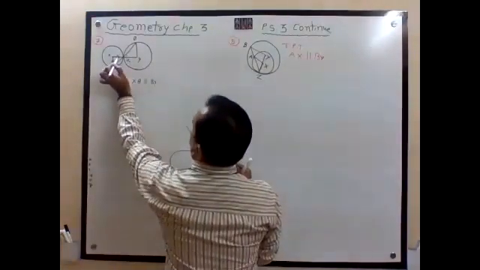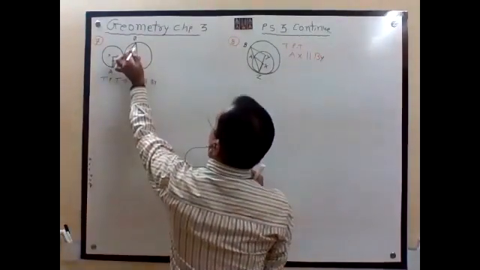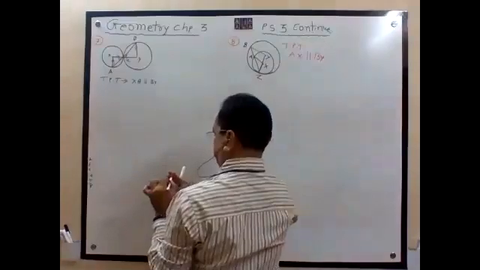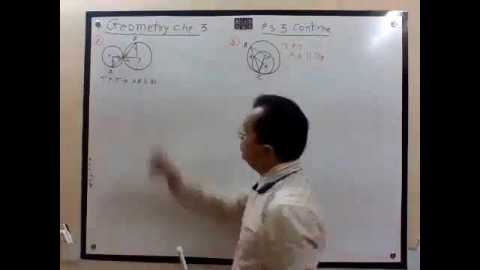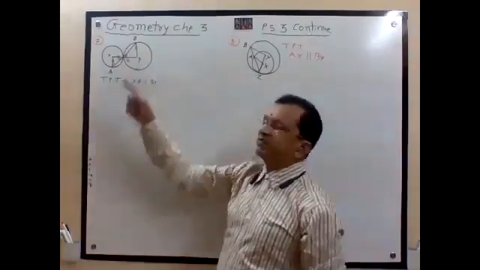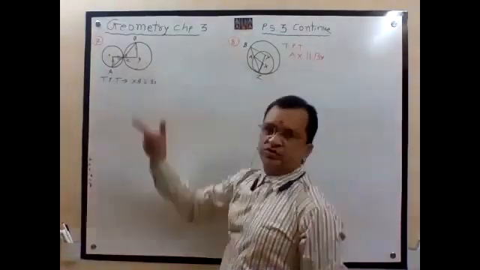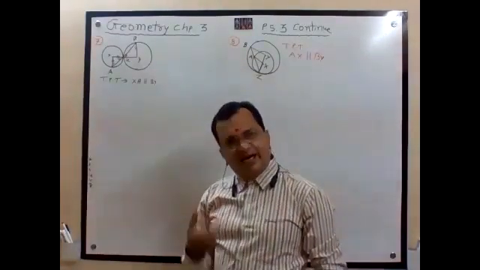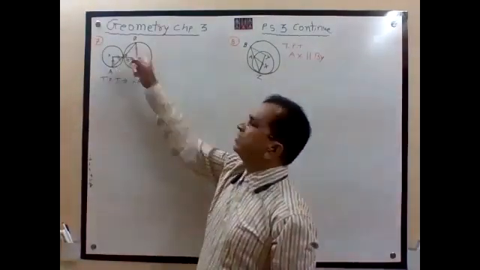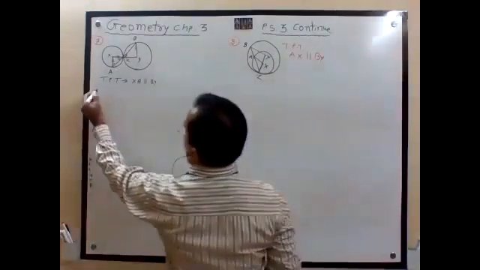First we will write first equal to second, then second equal to third, third equal to fourth. First equal to second, why? Isosceles triangle. Second equal to third, why? Vertically opposite. Third equal to fourth, why? Isosceles. Therefore, first equal to fourth, and that is why it is that, in a simple form.